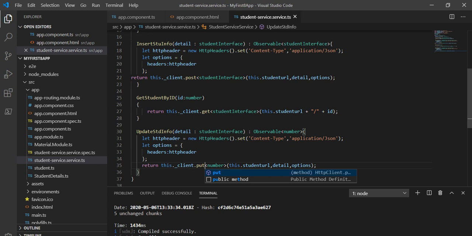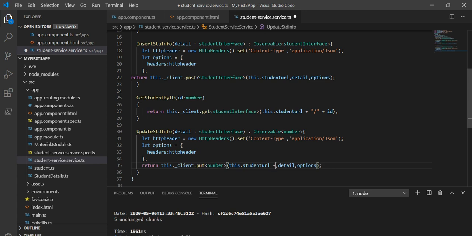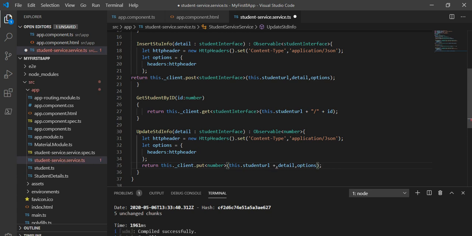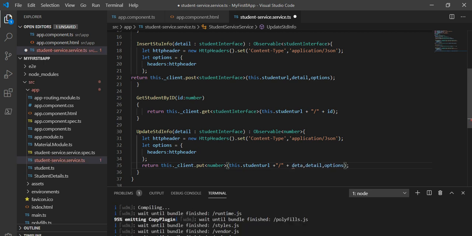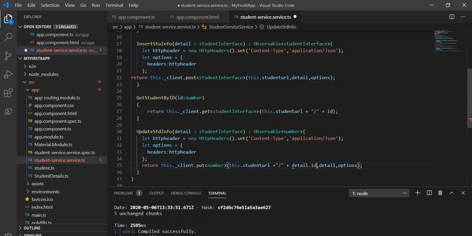And the next, we have to change the URL, because we are going to update for the particular ID, and here we will give detail.ID. So that information we will give here. So that is done with this service.